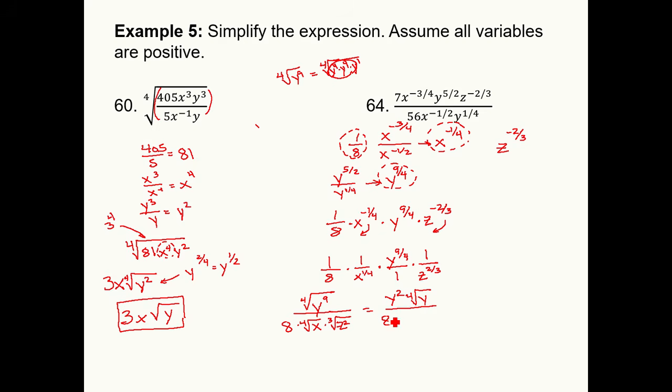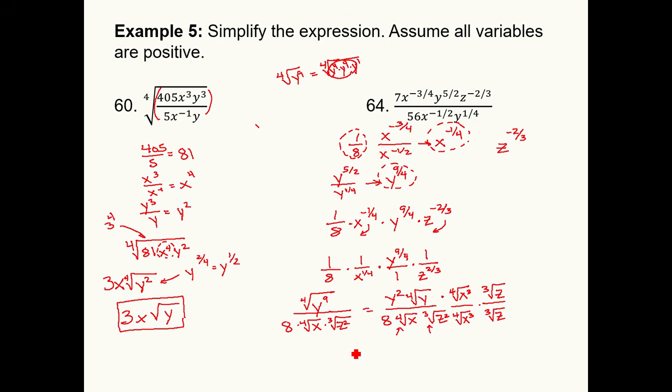All over, I've got an 8, I've got a fourth root of x, and I've got a cubed root of z squared. So now I just need to deal with these radicals in the denominator. Well, in the numerator, I have to multiply in fourth root of x cubed, and I have to do that in the denominator as well. That will make a perfect x to the 4th under my fourth root. And then for my z's, I need to multiply in the cubed root of z into the top and to the bottom. That will make a perfect z cubed underneath that cubed root.